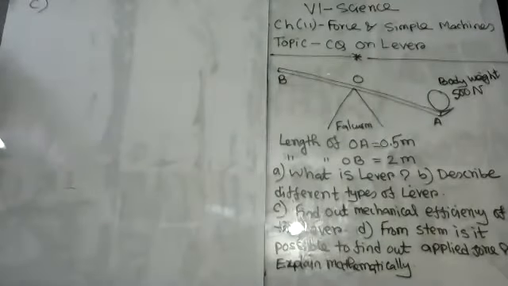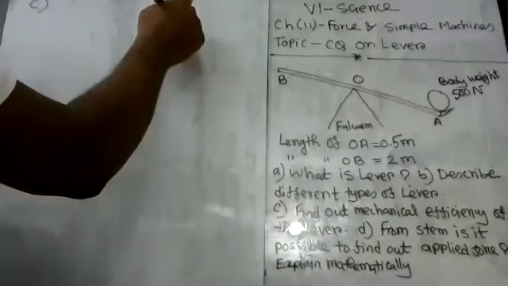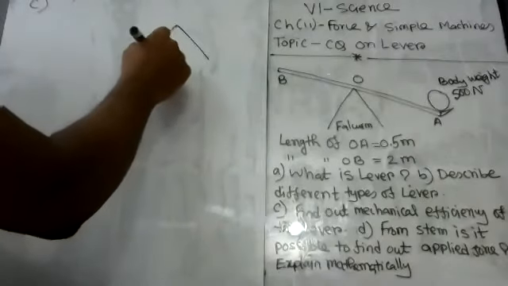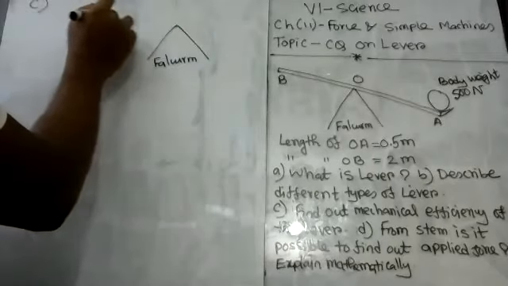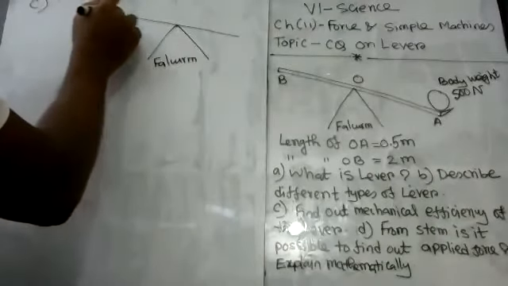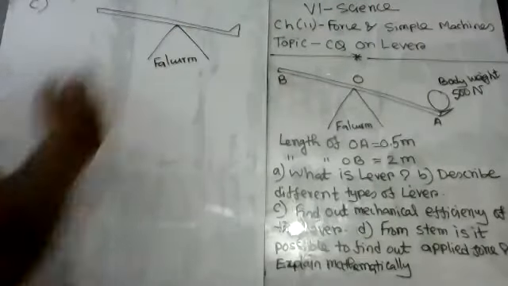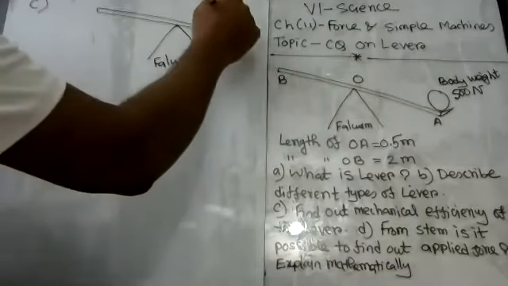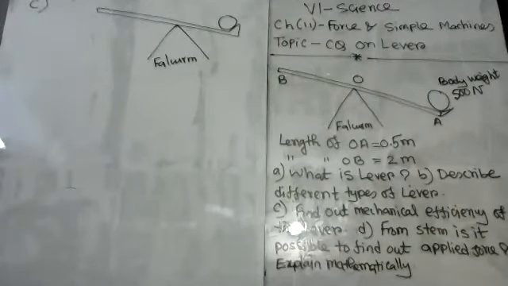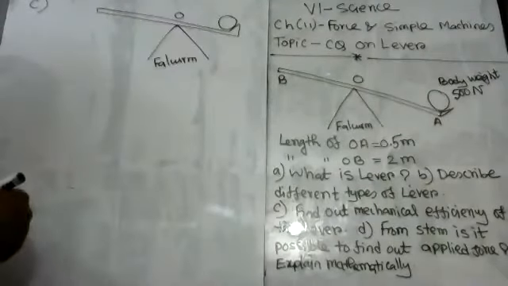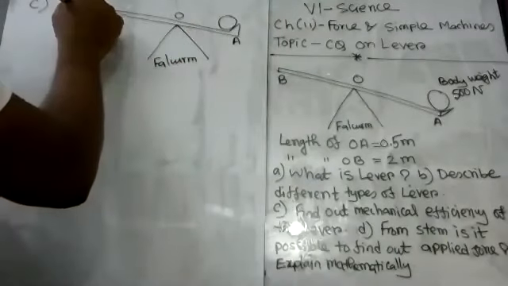You see this, boys and girls, there is a lever given. If you followed the structure of the lever from my previous class, you can say that a lever has two parts of length. Suppose this is the fulcrum, and this is the basic structure of the lever. And this is the lifted weight. This fulcrum point is point O. This point is point A. This point is point B.